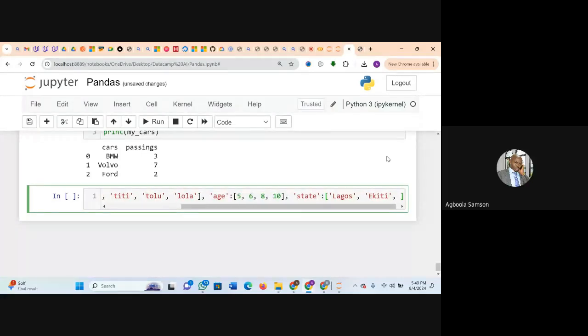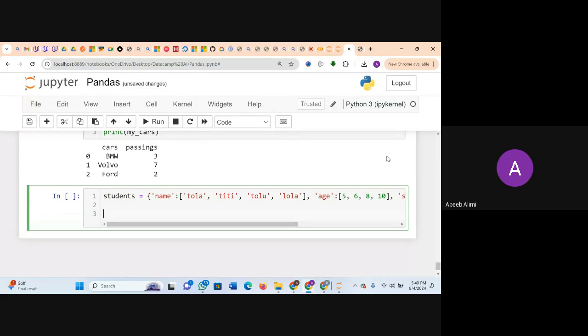After that, then other states. Let's say Ogun. Okay, so we have done this. Then bracket. I think we are good with this now. We have created our dictionary. What's the next thing to do?